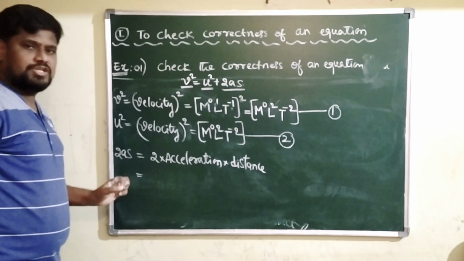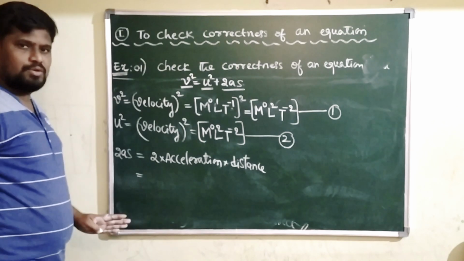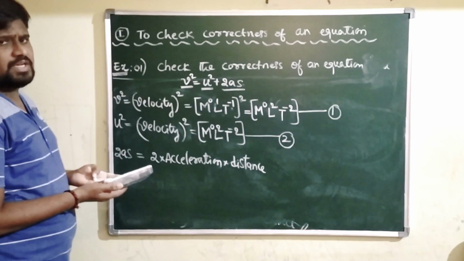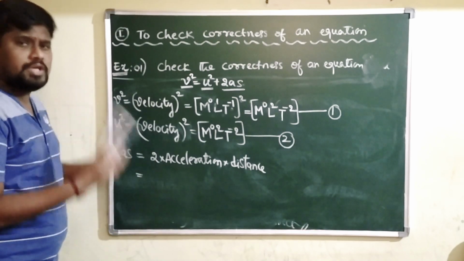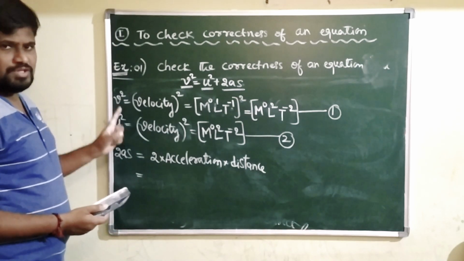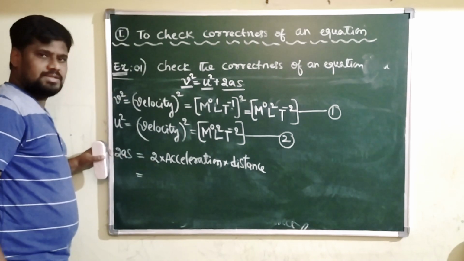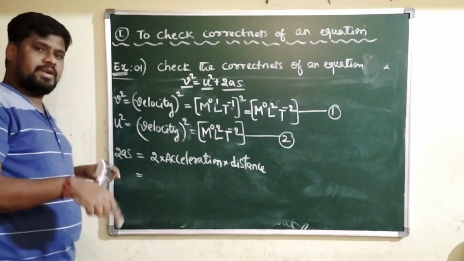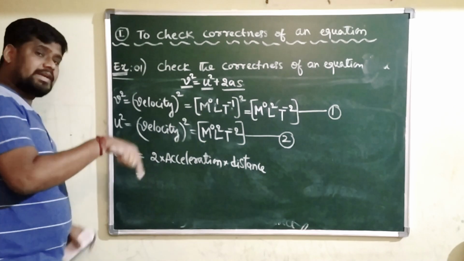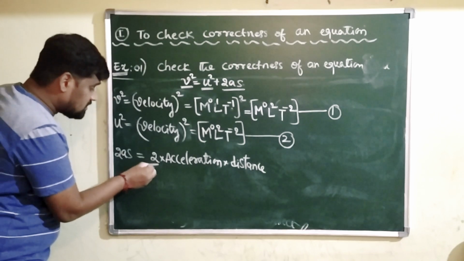M0, L0, T0. So in the place of 2, what can we put? We put M0, L0, T0, because a number is a dimensionless physical quantity. If we put M0, L0, T0, its value will become 1, isn't it? M0, anything to the power 0 is 1. Therefore 2 is dimensionless. That is, its dimension can be written as M0, L0, T0. Therefore, in the place of 2, I can write M0, L0, T0. Or else 2 is dimensionless here.